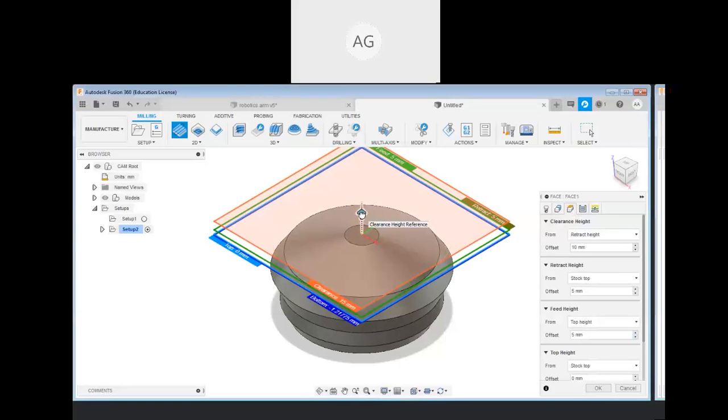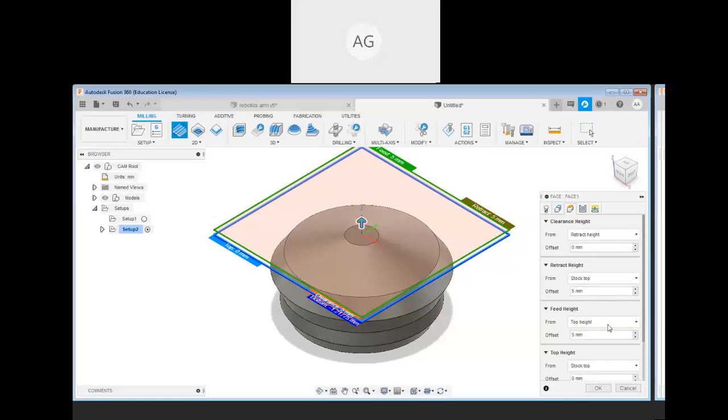If you want to increase or decrease that height, that also you can do over here. Clearance height. So that is visible over here. I'm going to take it 0, no clearance height. Initially for reference, if you want to take any clearance height, you can take it. Then after that, retract height. Retract means when you are going to contact it and you are going to disengage, that you can do.